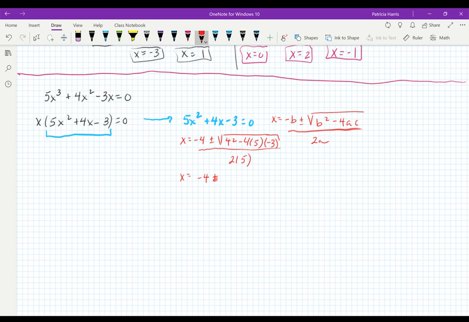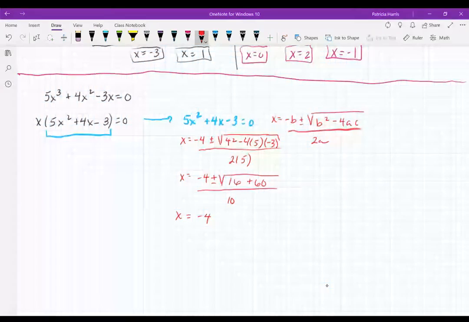Negative 4 plus or minus, let's see, that would be 16. Negative 4 times a positive 5 is negative 20, times a negative 3 is positive 60, all over 10. Okay. So if I simplify that,